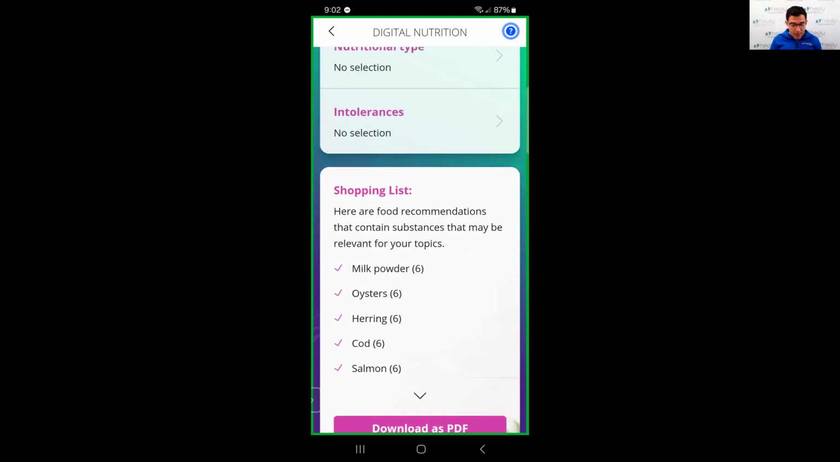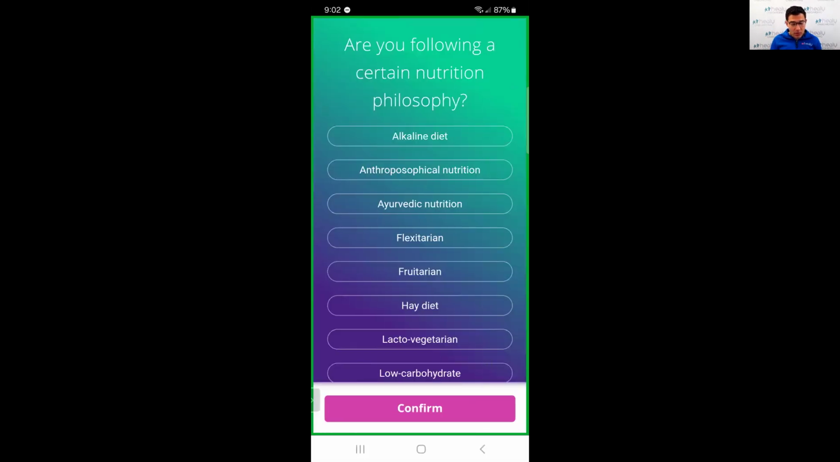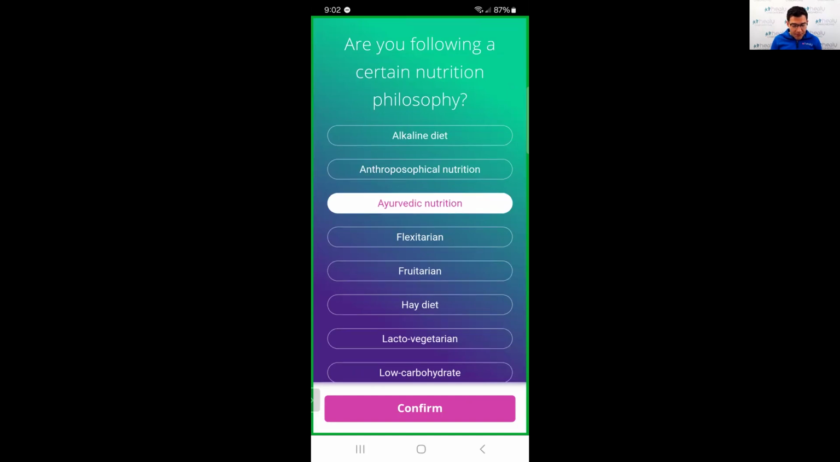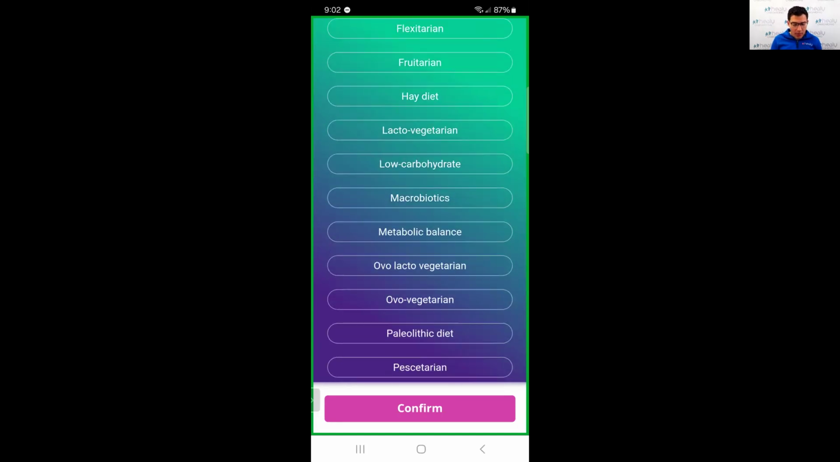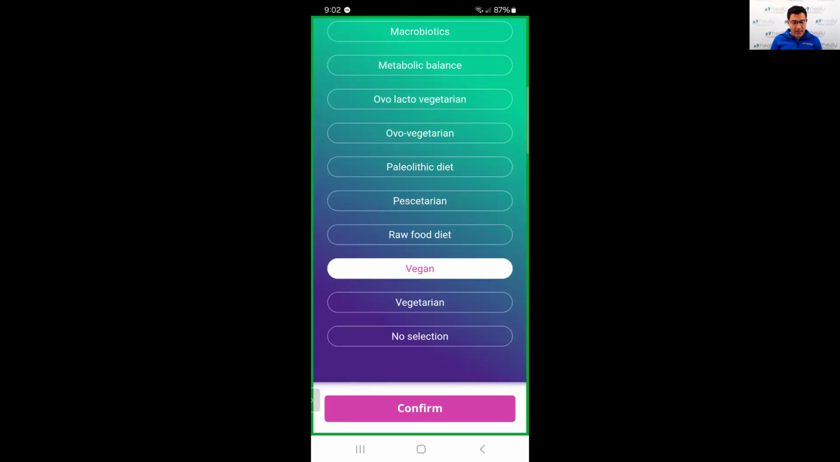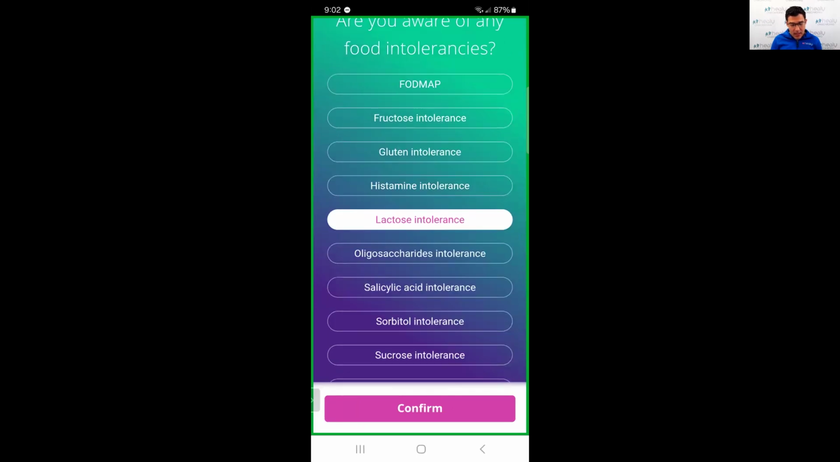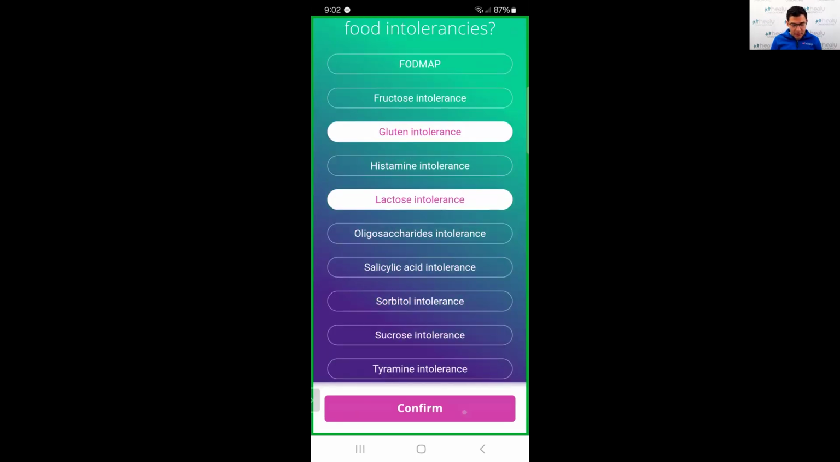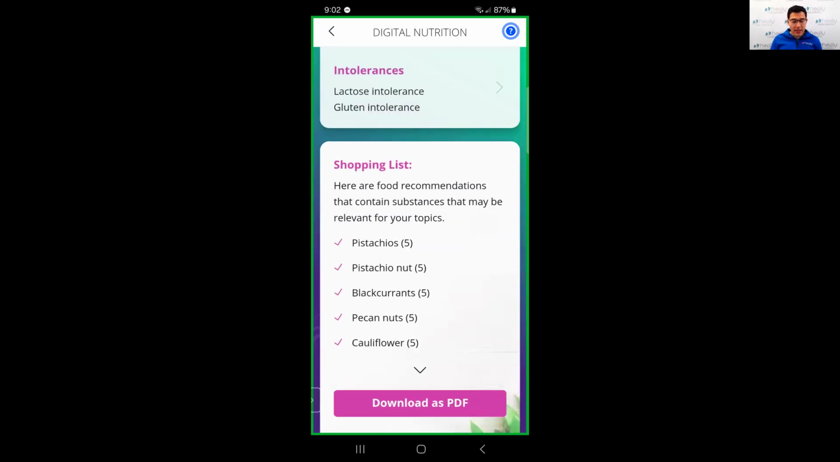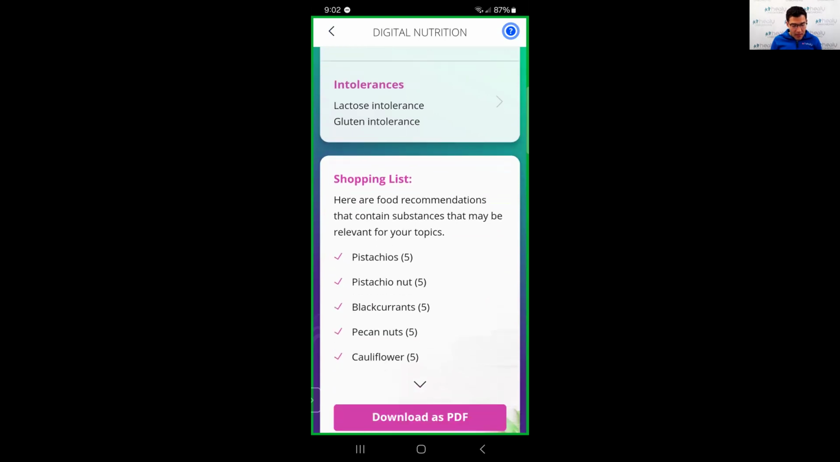Now it's showing me the programs based on there are no parameters. So if I want to change my nutritional type, so let's say I go with Ayurvedic nutrition, and let's say low carbohydrate, and then I don't know, let's say vegan. And then let's say I have lactose intolerance and gluten intolerance. I press confirm. Now you can see that these are the different ingredients that are recommended to me. A lot of nuts,